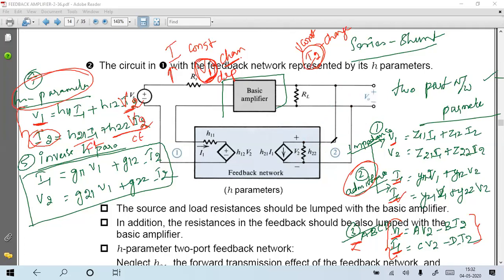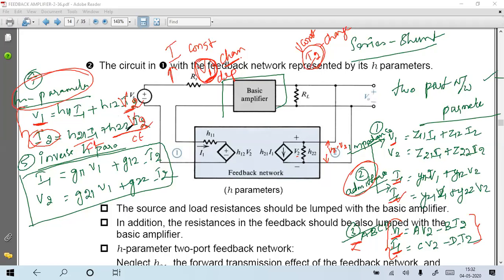See here, what is the voltage between these points? I'm feeding the voltage at this point as it is to here. So the voltage between these is nothing but V0, and according to that, V0 is the output voltage V2. So H22 into V2, V2 into H22, what will I get? Current. So I2 is nothing but H21 into I1 plus H22 into V2. So this current has to be summed with the H21 I1 current. I want to add two current sources, and I will get one more current source, that is I2.